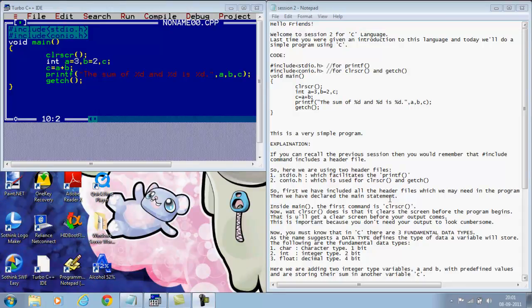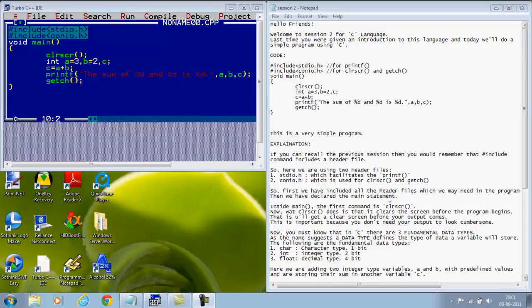Last time you were given an introduction to this language and today we'll do a simple program using C. So here's the code: #include <stdio.h>. This header file will be used for the printf function. Then #include <conio.h>. This header file will be used for the clrscr function and the getch function, then void main, clrscr function, int